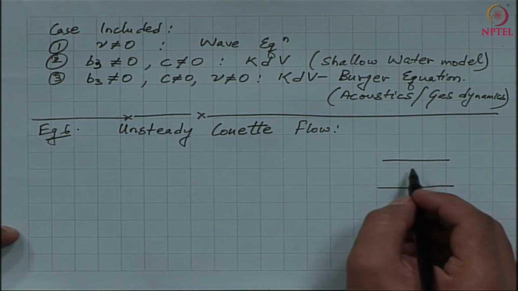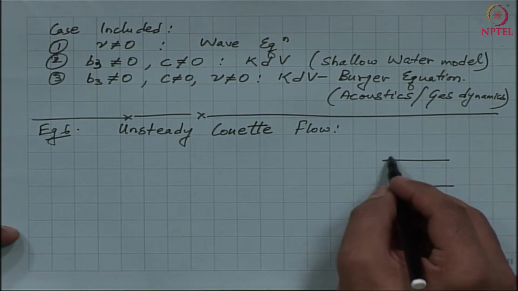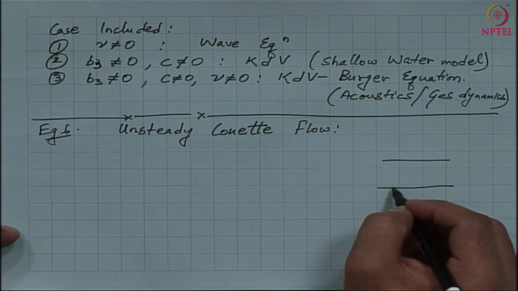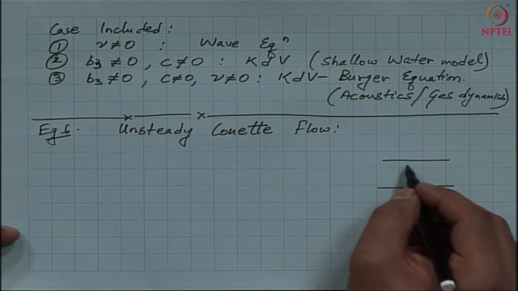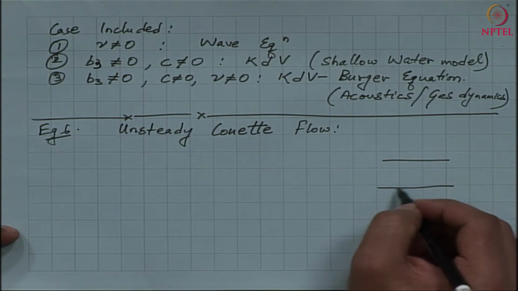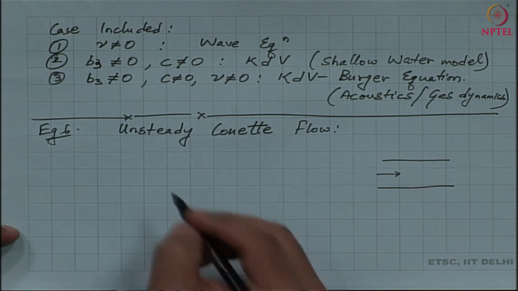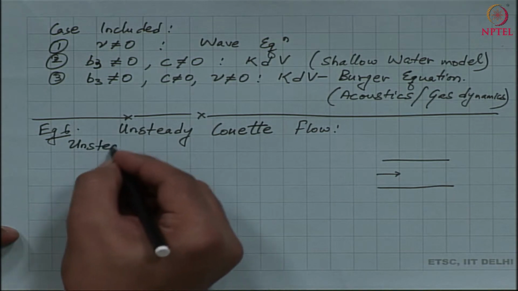Okay. So, let me say that we can assume it is a pipe, or we can assume that there are 2 plates in between which there is a fluid flow. So, such flow where we have such bounded flow between 2 plates is said to be a Couette flow. Basically, this is a flow in a finite domain. Okay. So, we have a fluid flow in a finite domain here. So, let me write down the type of problem we are solving here.